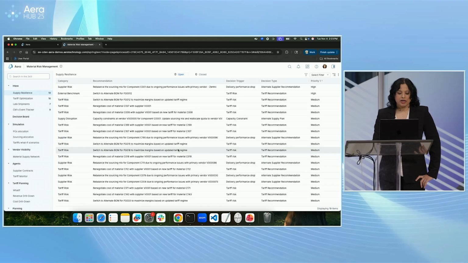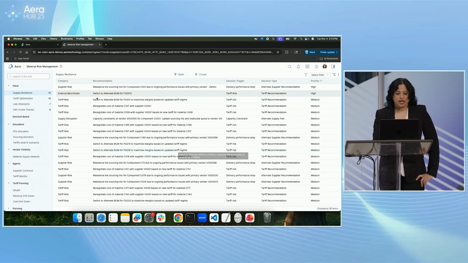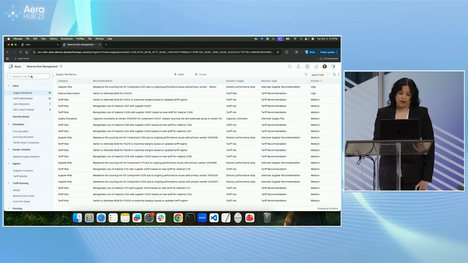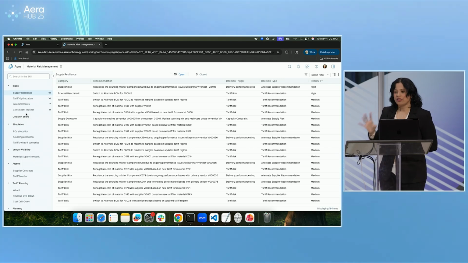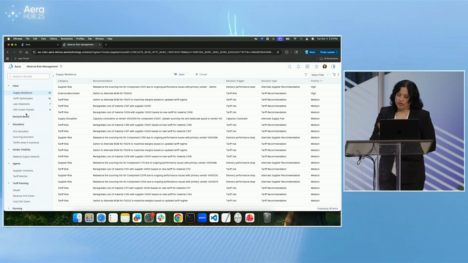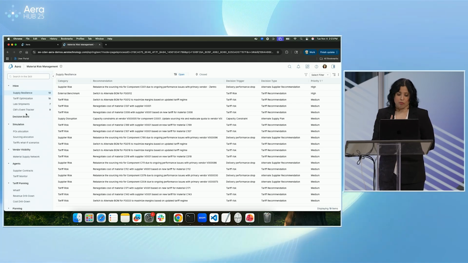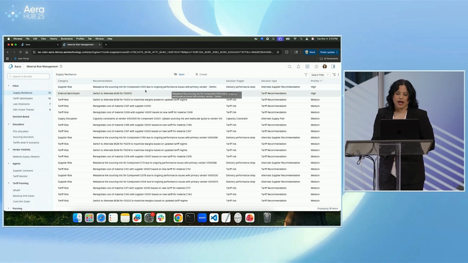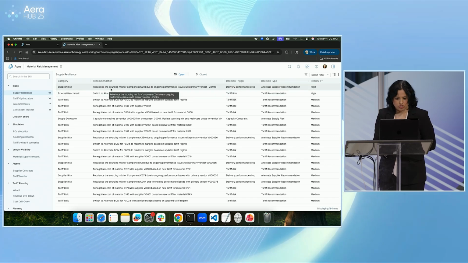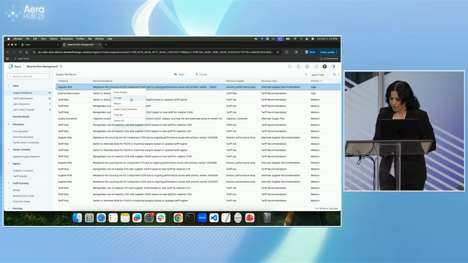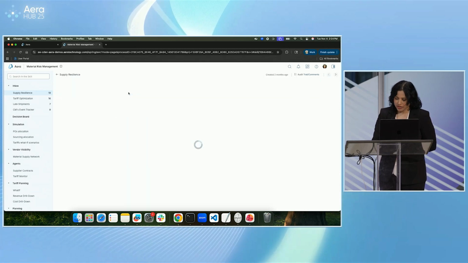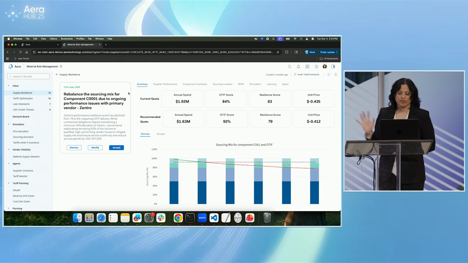Right? So in the material risk management, I notice directly my recommendations in the inbox. This skill understands everything about materials, suppliers, and it has already identified recommendations about a supplier risk with a vendor called Zentro, and it's asking me to rebalance the sourcing mix. Now, I can either take actions directly from here, or I can click View Details to understand everything about this